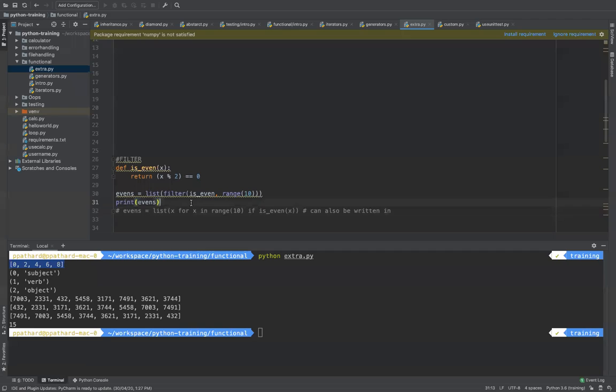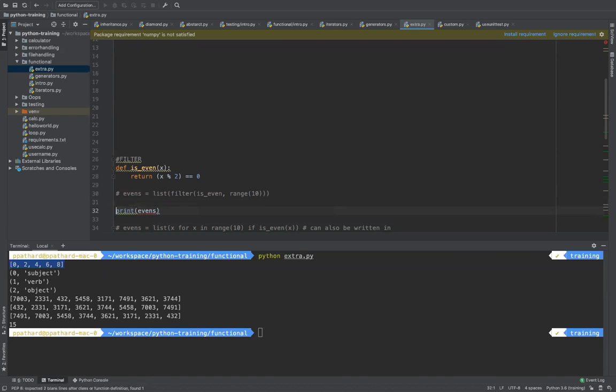I can also do filter using a lambda function. I will comment this out and show you with a lambda function. It's quite simple. I will do a filter function, and I will do lambda. Lambda syntax: I'm going to take the first argument x, and if x mod 2 equals 0, only then it will return true or false. That's it.